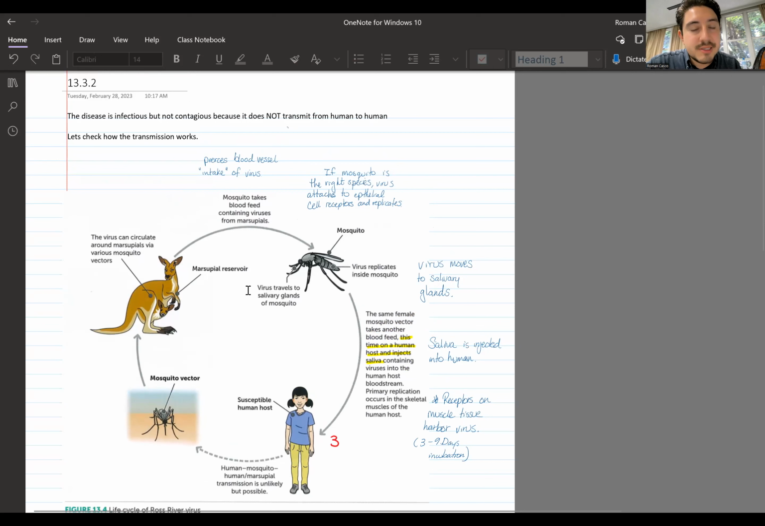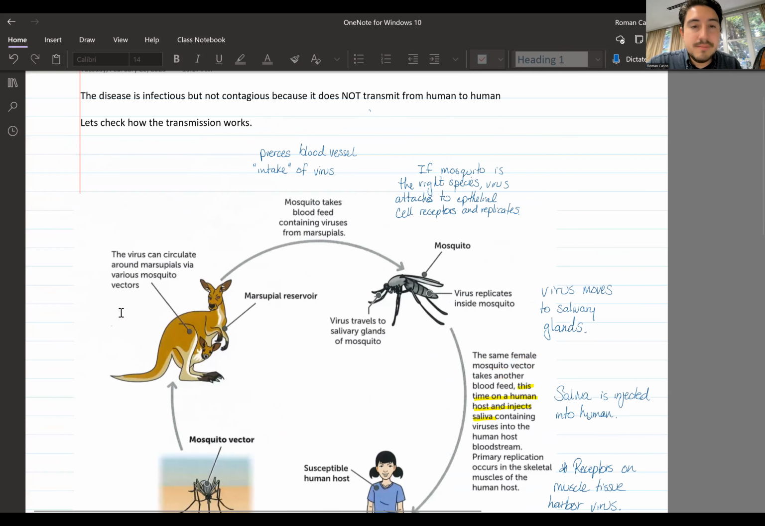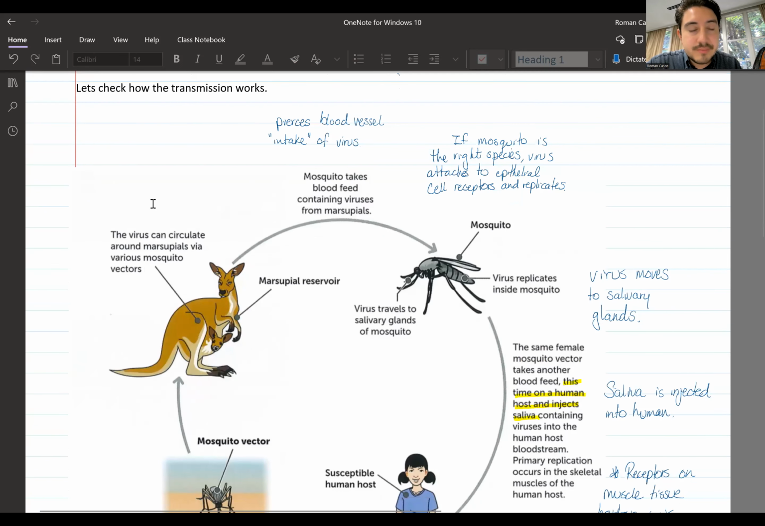So let's say you have a marsupial reservoir, in this case, like kangaroos, right? All right, let's start off at this point. And they're infected with the pathogen. They're infected with a virus. All right. So mosquitoes come in and they blood feed on the kangaroos, right, and blood is